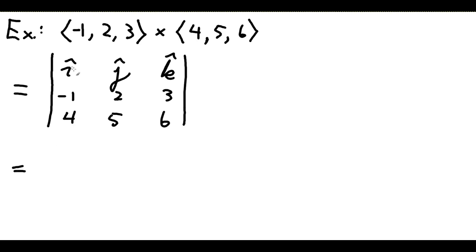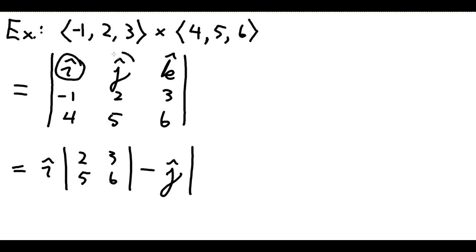So we'll start with i, and again, we imagine deleting the first row and the first column, the row and column containing i. When we do that, we're left with this matrix 2, 3, 5, 6. So we have i times the determinant of 2, 3, 5, 6. There is an alternating plus minus plus pattern. So we have minus j